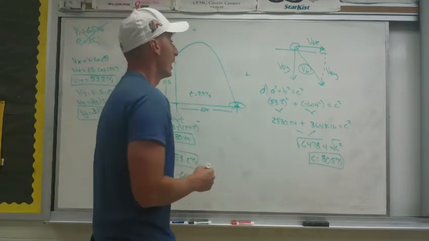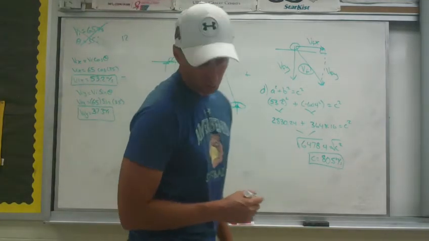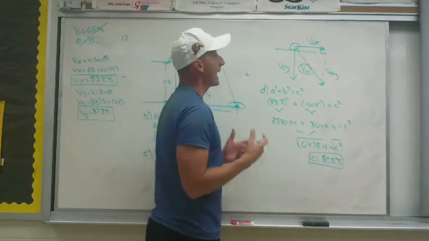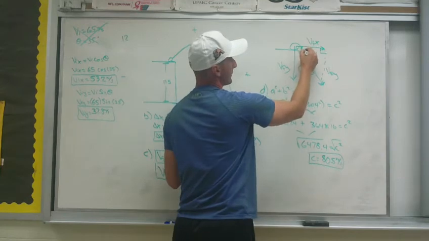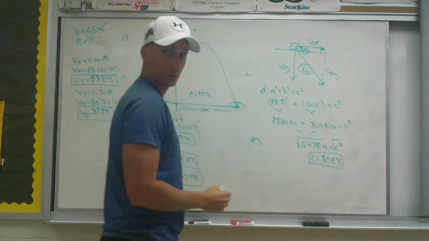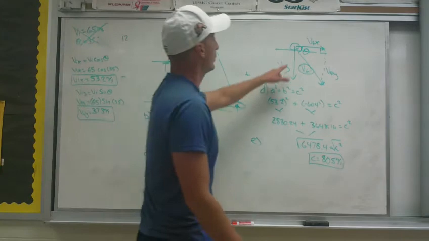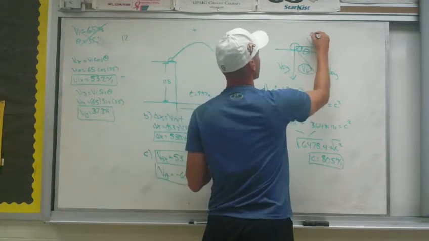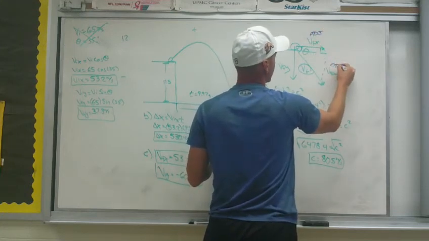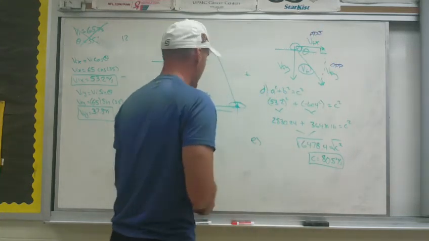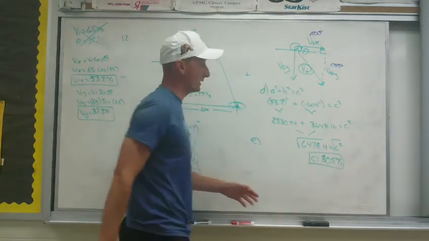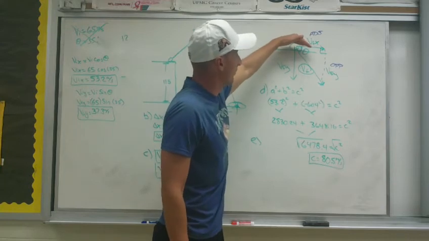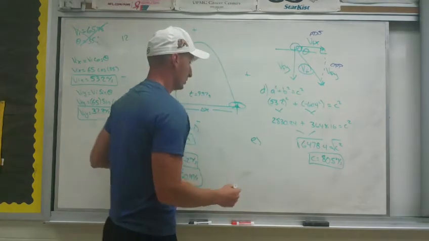All right? Now, D, E, what's E say? The angle. So now I need E. So I need a direction. I need to know which way is it going. I need to know what that angle is there. Okay? So you got to use trig. I know adjacent, right? I label my triangle. I know adjacent. And I know opposite. I want to use tangent. I'm finding that angle so I can say it's traveling 80.5 meters per second at an angle of whatever below the horizontal. So I use tan theta